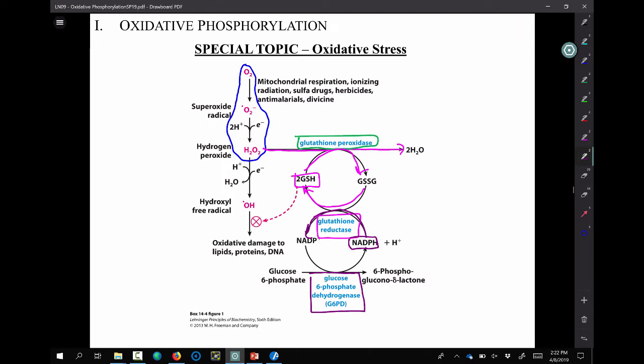Now, in a red blood cell, understand there's no mitochondria, so you really only have one available resource for NADPH, and that's the pentose phosphate pathway. So if this enzyme is not functioning, then you won't get this, and you won't get this, and you won't get this. And what will happen then is production of a hydroxyl free radical, and then you'll get oxidative damage to, in particular in this case, lipids. The lipids will undergo peroxidation. That will disrupt membrane integrity of the red blood cells. They'll start to lyse. Hemoglobin will go into the blood. Bilirubin is the result of that.